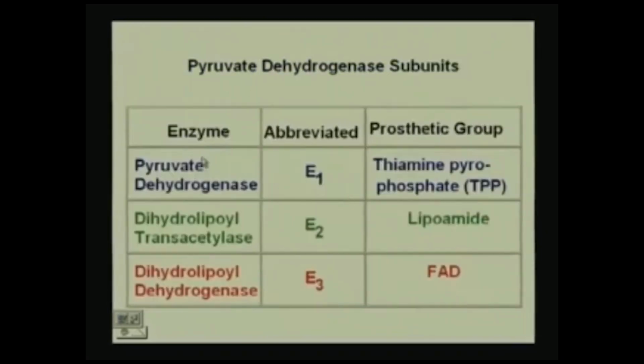Okay. So, these are the three enzymes E1, E2, E3, and these are the three prosthetic groups that are attached to the specific enzymes. Okay. TPP, lipoamide, FAD, to E1, E2, E3. That is, these three enzymes comprise the PDC, the pyruvate dehydrogenase